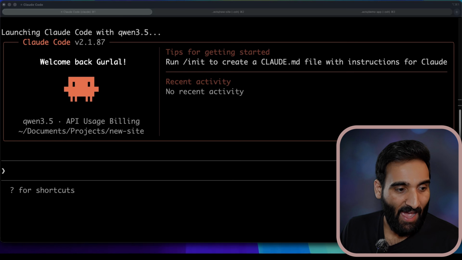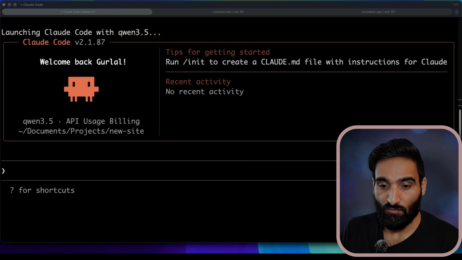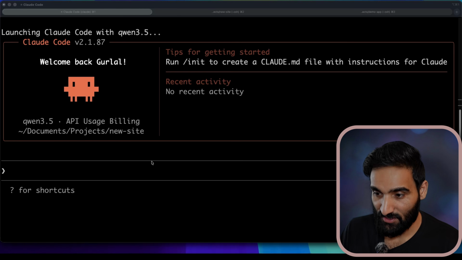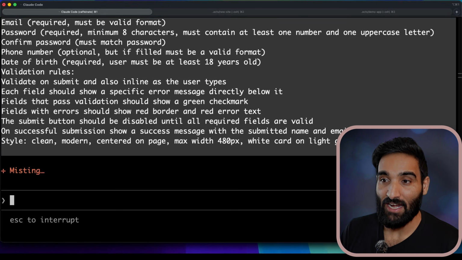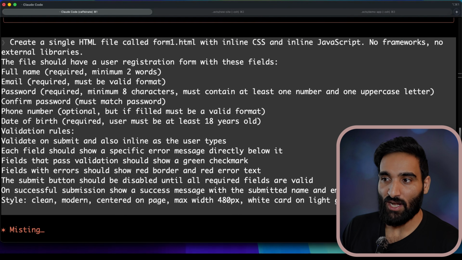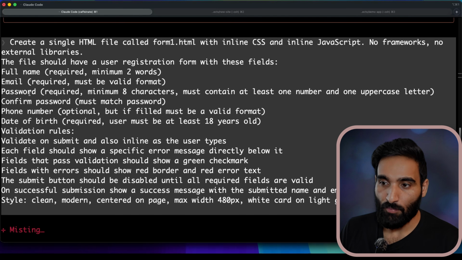So now I have Claude Code running with the Qwen 3.5 model. Let's ask it to do something. I have this prompt, a detailed prompt. I'm asking it to create a user registration form, and it would have full name, email, password, all that kind